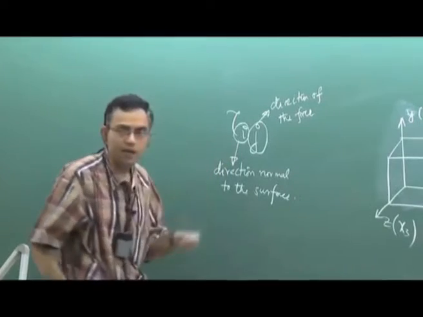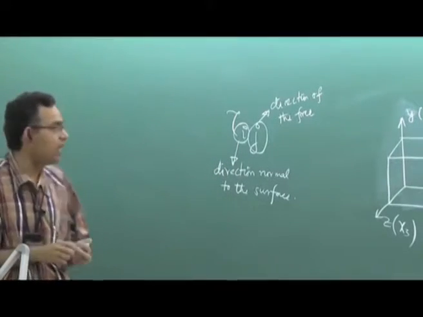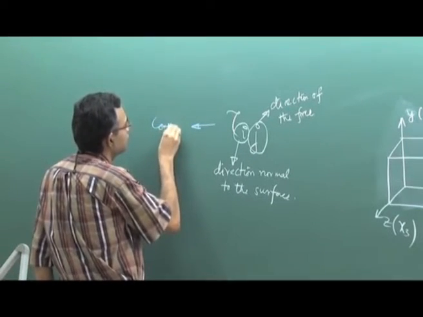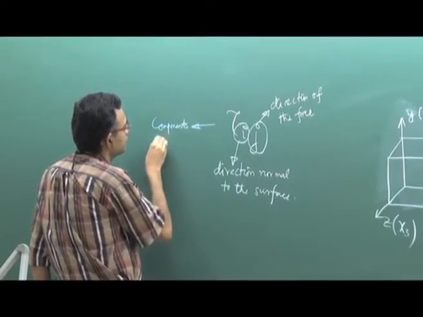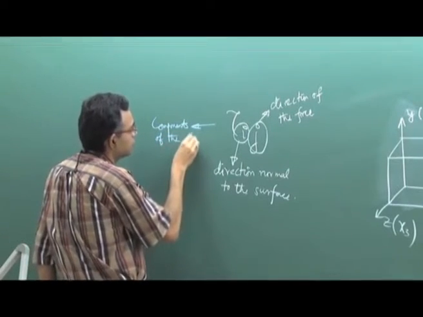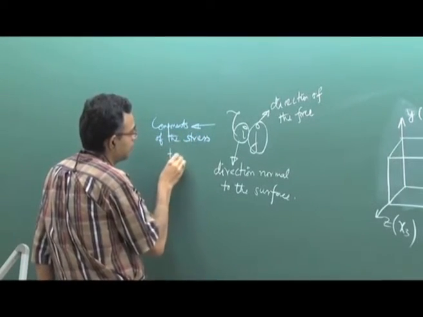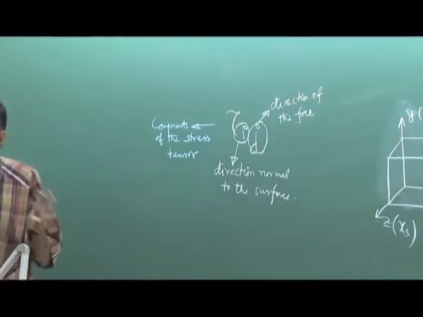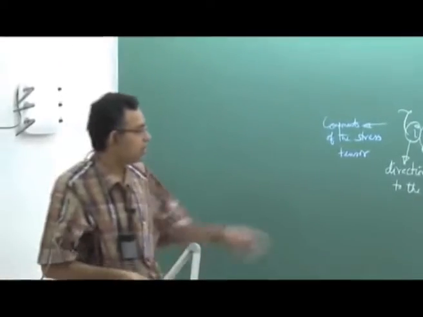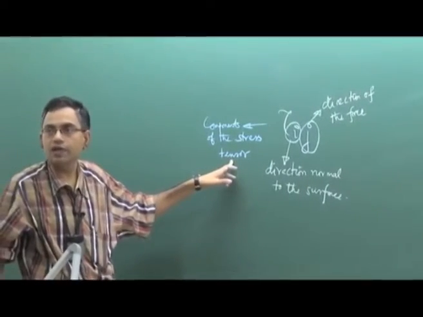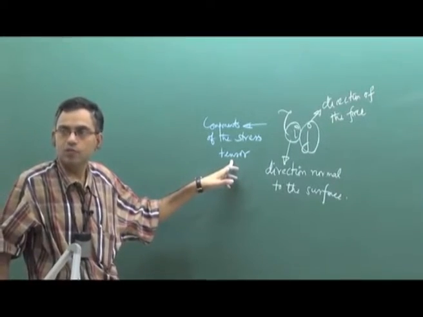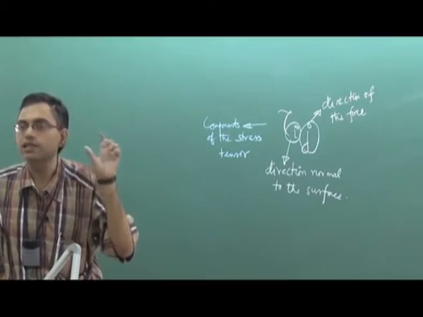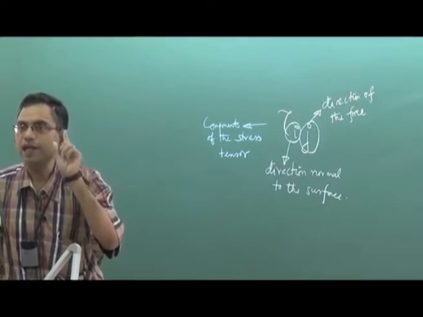So you can see that this tau ij, which are called components of the stress tensor, is not a vector. This is the first thing that we understand. This is something a little bit more general than a vector. Why is this more general than a vector? A vector for its specification requires how many indices? It requires one index for its specification.